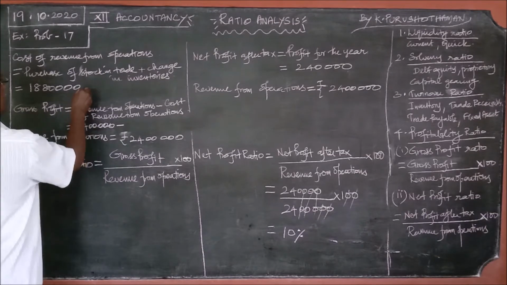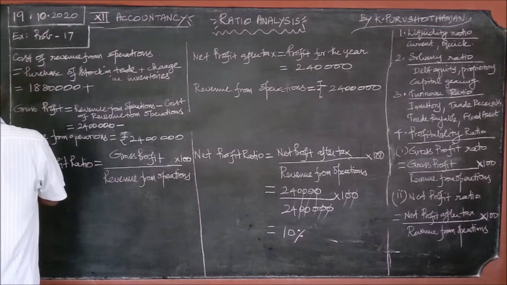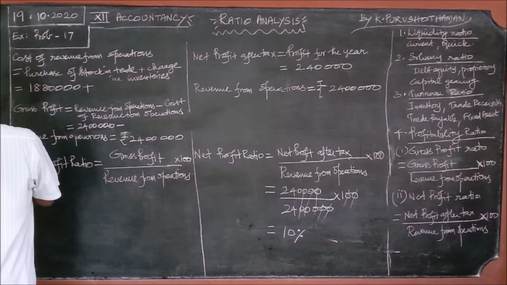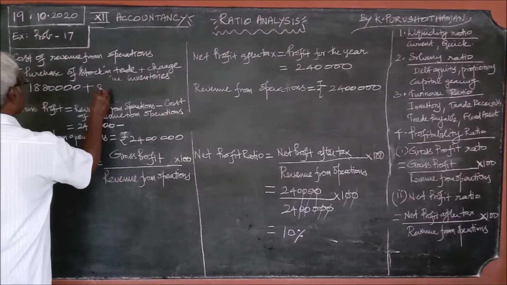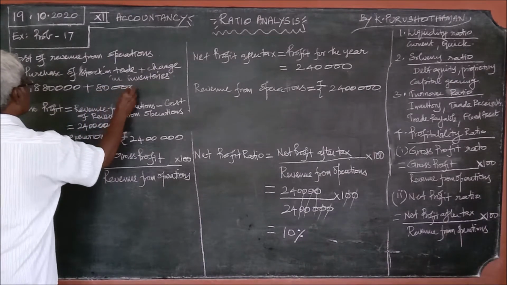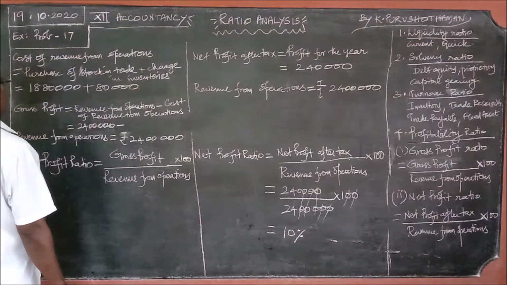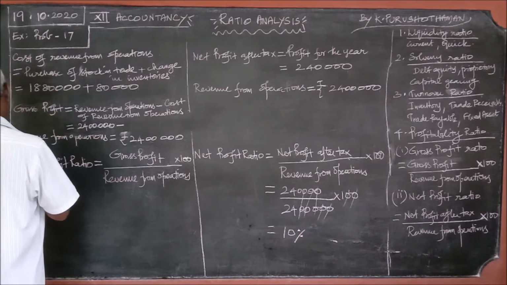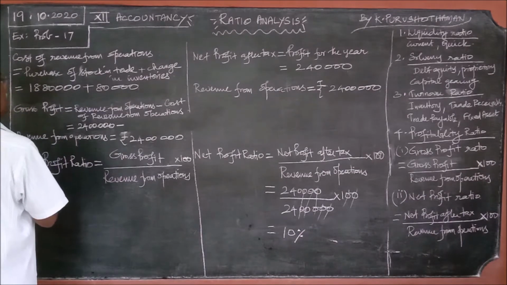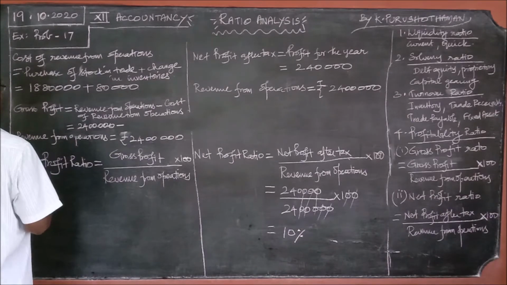This is purchase of stock in trade. Then change in inventories is 80,000. So 18 lakhs 80,000 by...